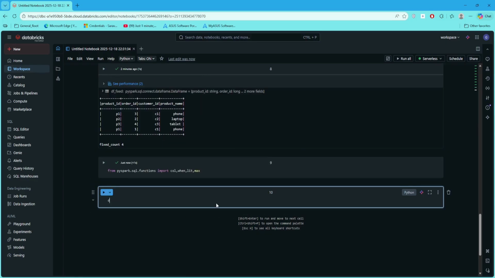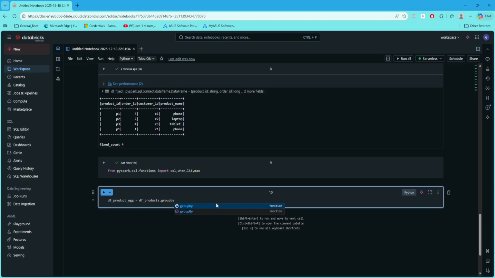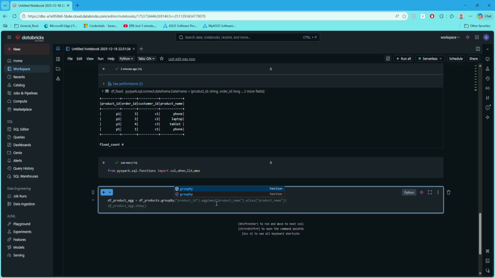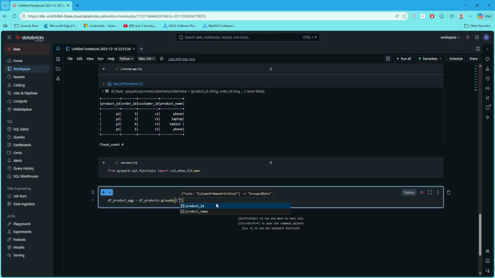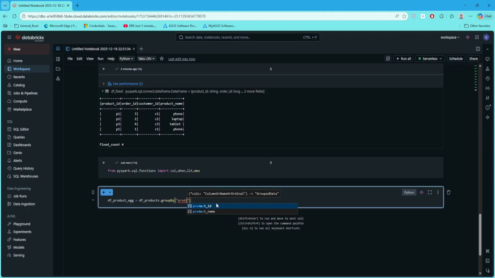And I want to say df_product_aggregate is equal to df_products.groupBy product ID